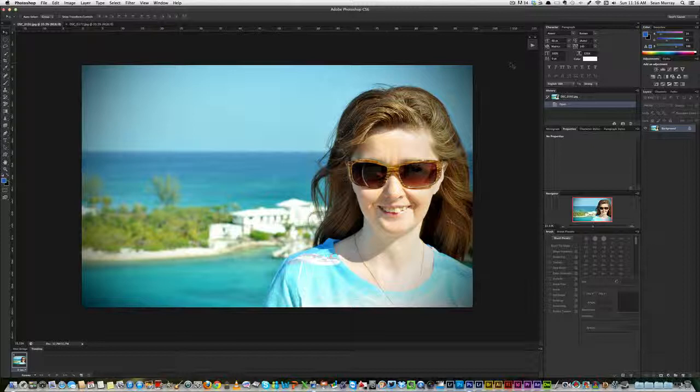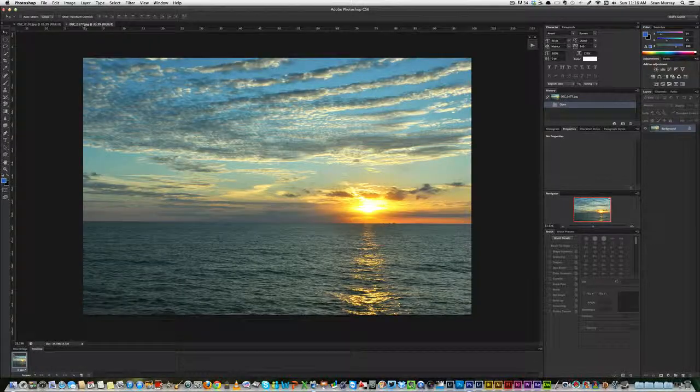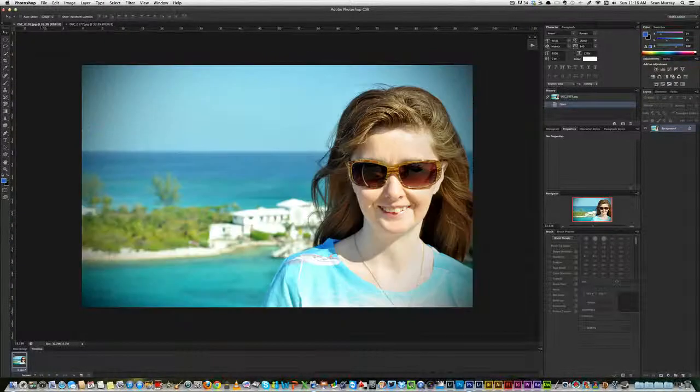So why would we use this? Well, many instances. In this instance, we are going to remove this woman from the background, and we are going to place her on this background. Okay, very useful for portrait photographers. And like I said, back in the day, we'd have to be doing quick selection, quick masking, and big nightmare. Refine Edge has made it where,